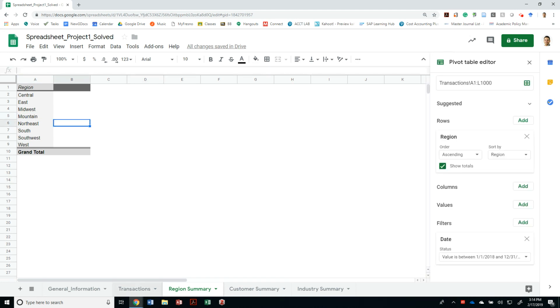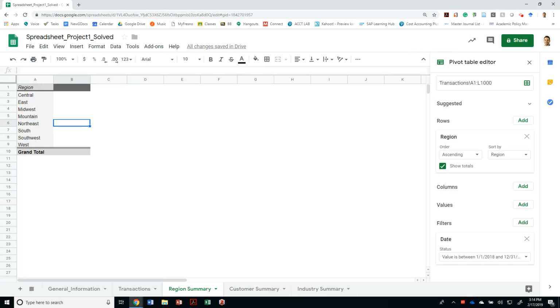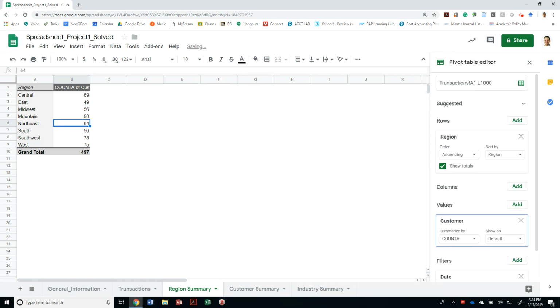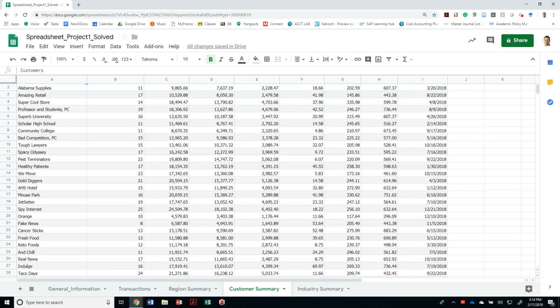All right. Then let's go ahead and do the next requirement, which was to provide the total number of transactions for that year. So on my values, I want to display a count of customers, right? Because it's just going to count every transaction. 497. Let me just verify that my customer summary was the same. Yeah, it looks like I had 497 transactions